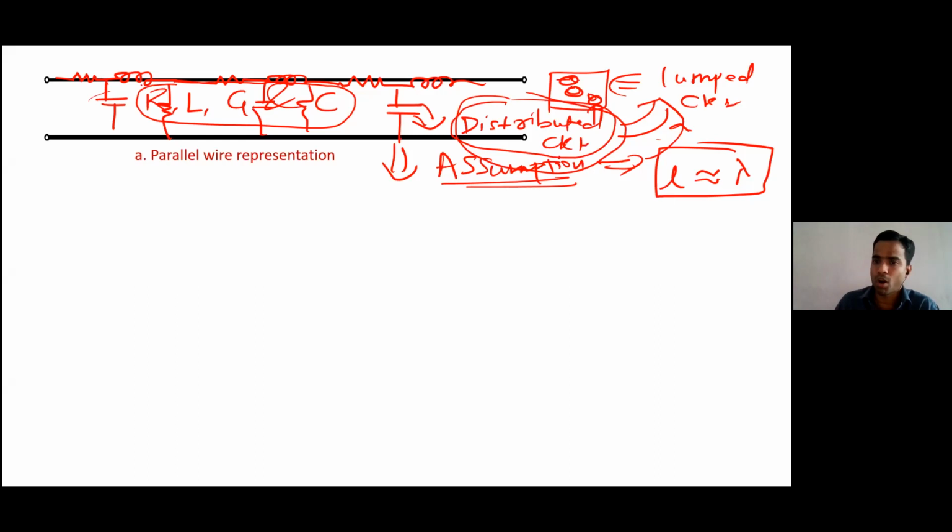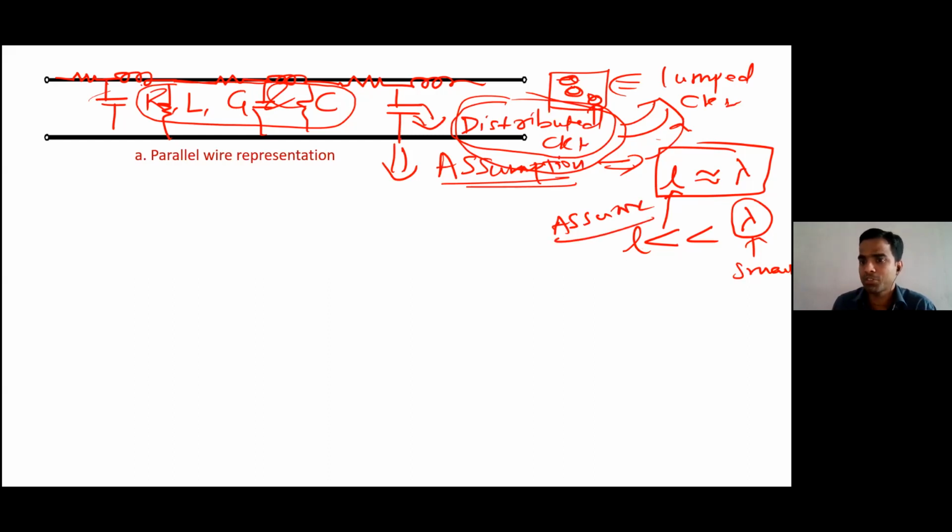But what I can do is, even though lambda may be very small, I can make the length very much smaller than lambda. This is our assumption: even though lambda is very small at high frequency, the length of the line is very much less than lambda. Now is it possible? No, right? We cannot make such a small length. So what we do is